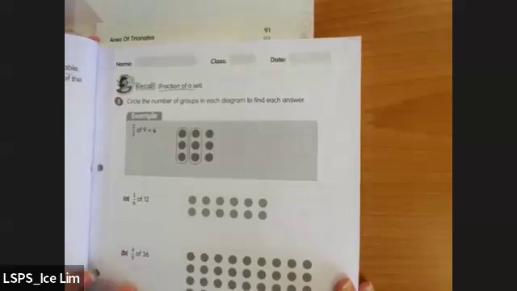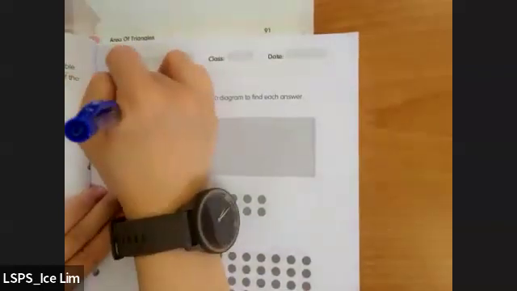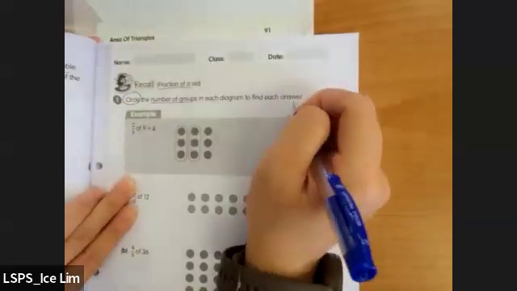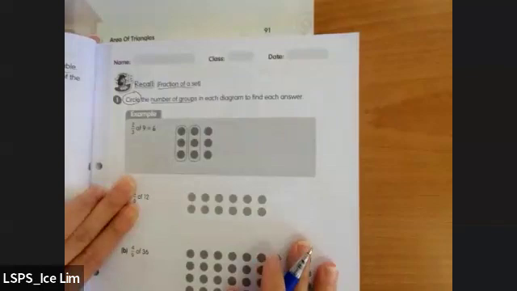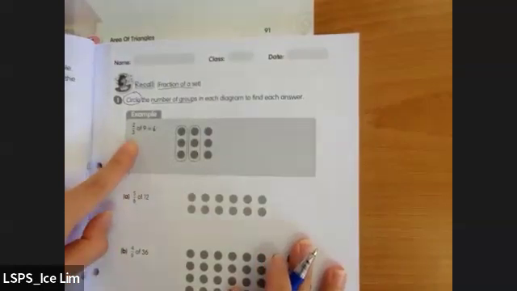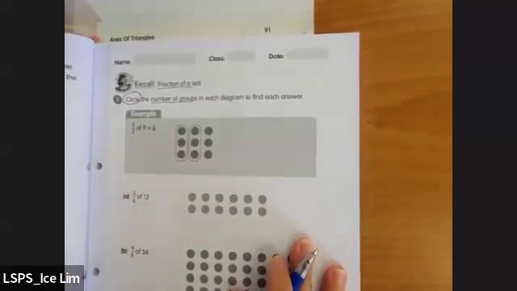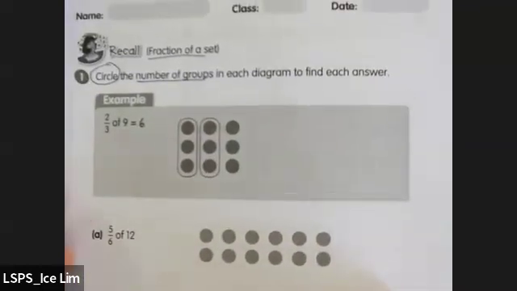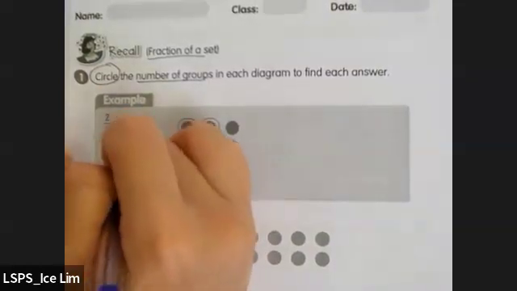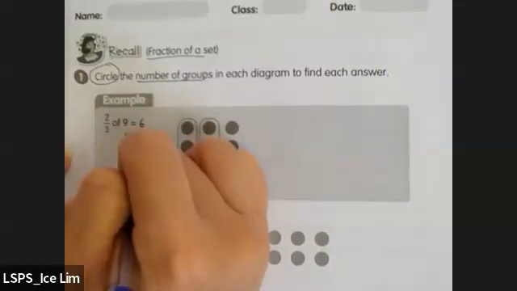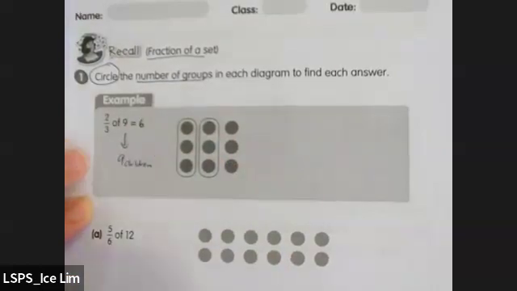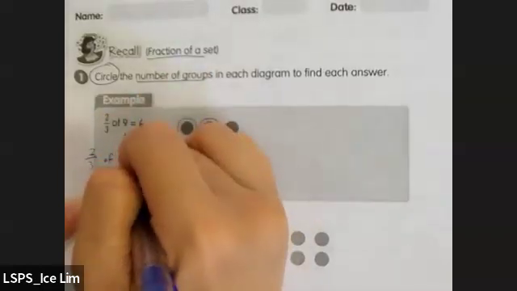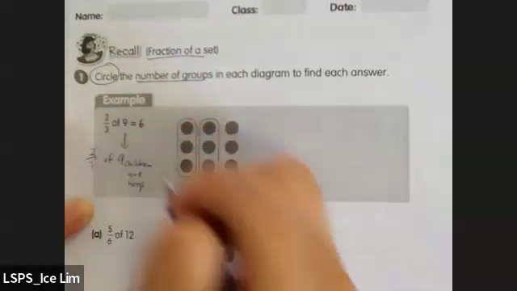Now, why does this work? Let's look at this one. Here the question says, circle the number of groups in each diagram to find each answer. Now, the first one here shows the example, 2/3 of 9. You can think of it as this. I can say that there are 9 children, let's say for example, and if I were to say 2/3 of the 9 children are boys,